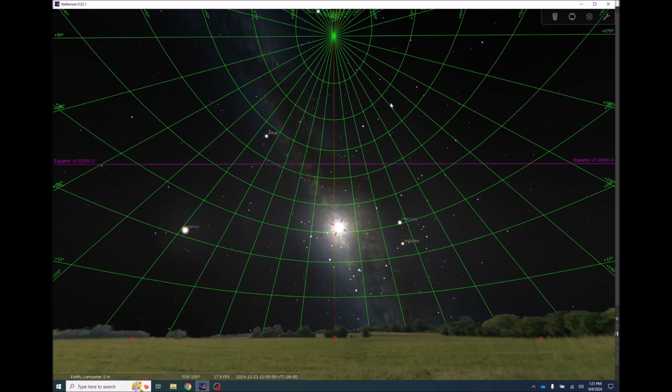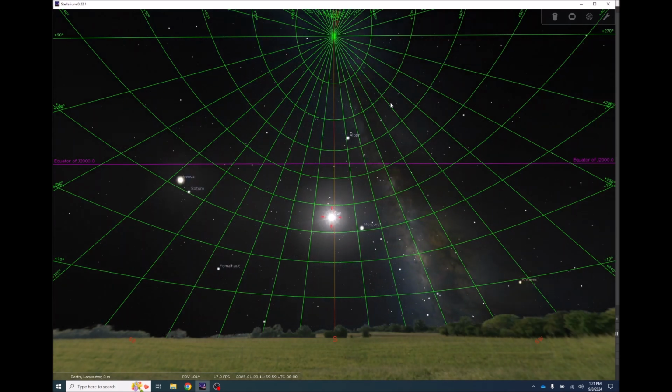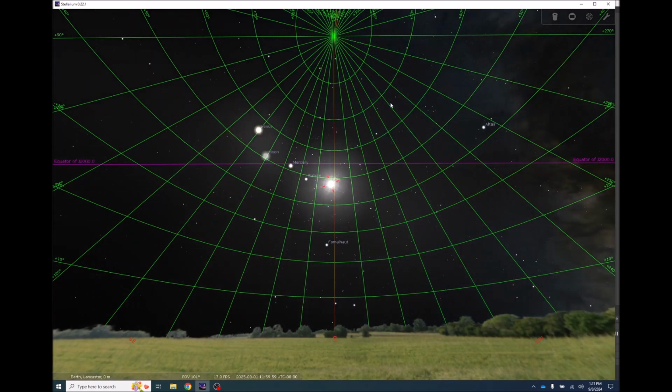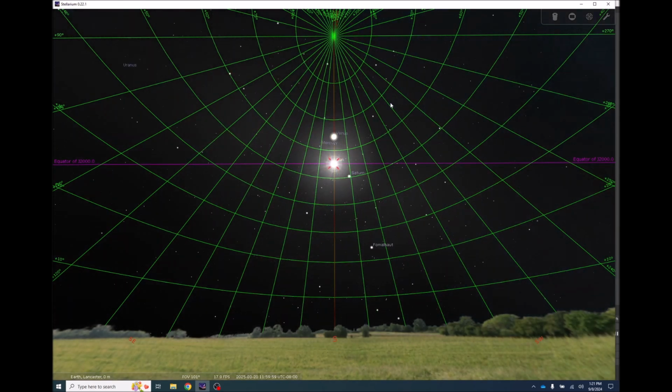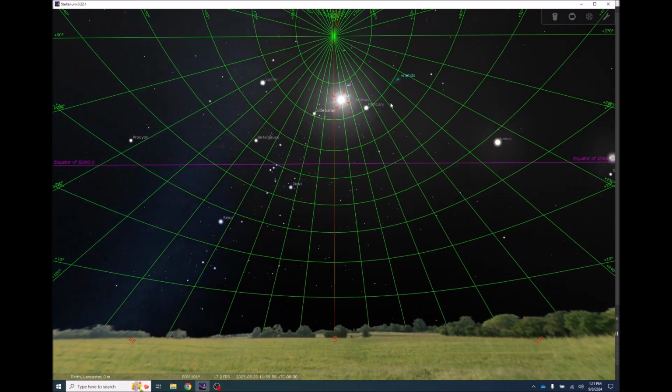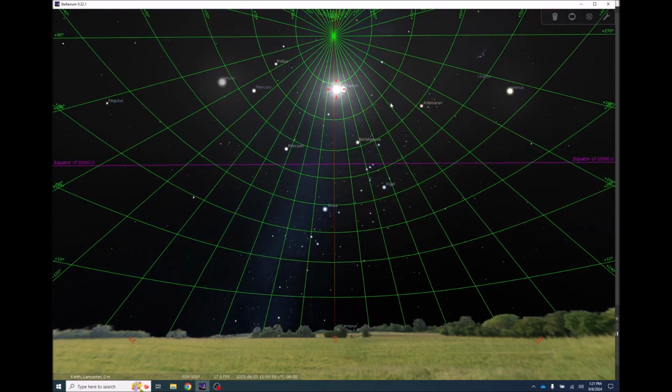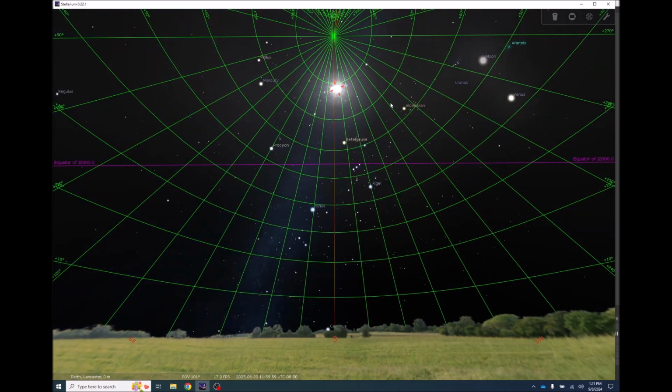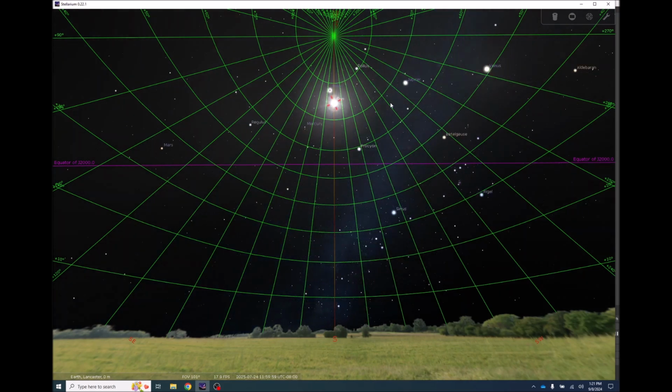Then as I progress through the season of winter, we see our sun go back and hit the celestial equator. This is March 20th, the first day of spring. This is the season of spring as it drifts higher up in the sky, reaches a maximum position right about there, and that's showing June 22nd, the first day of summer or thereabouts. And this is the cycle that the sun goes through over the course of the year.